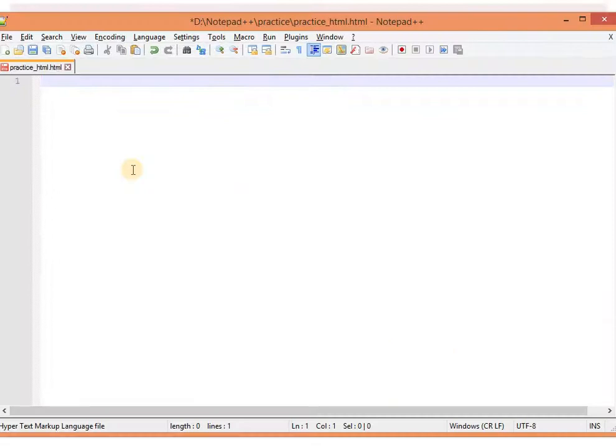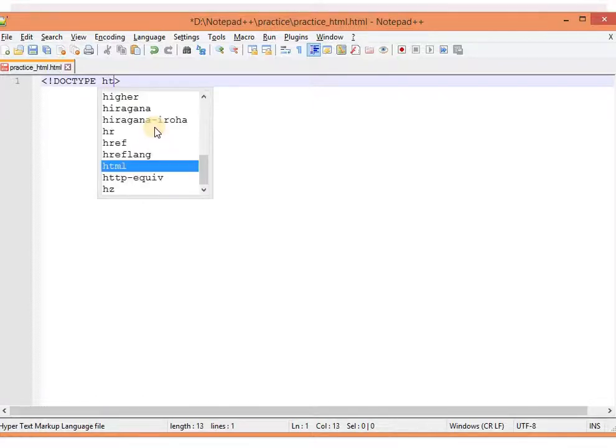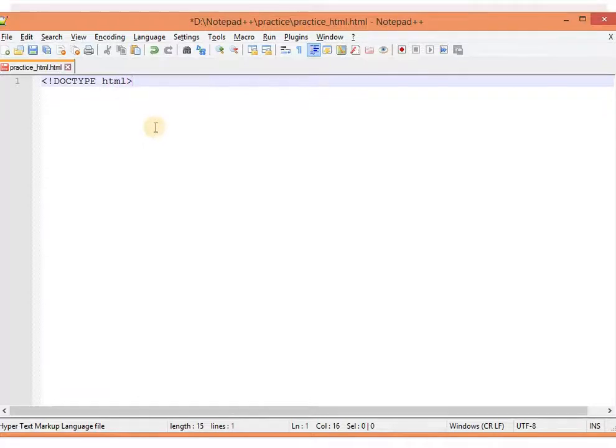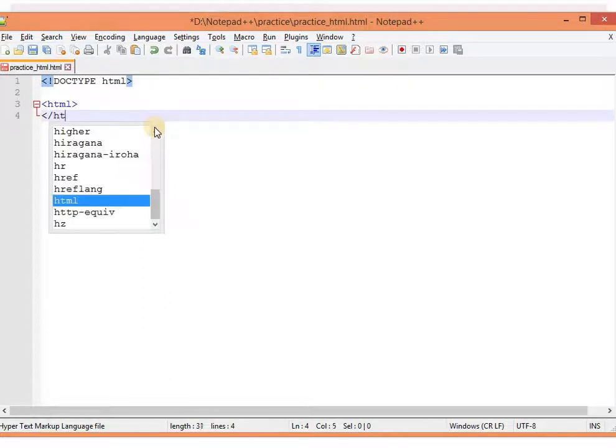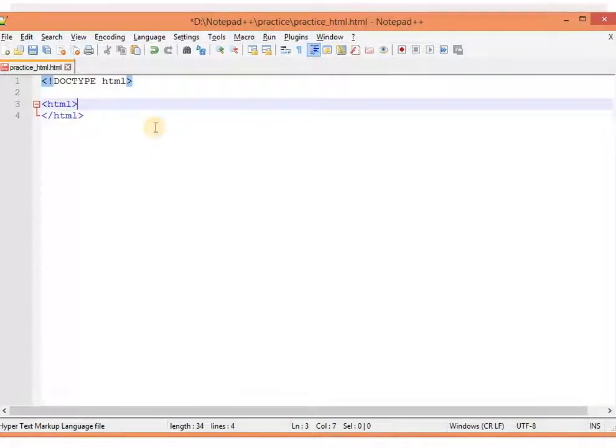Let me show you in the text editor. First of all, just mention doctype HTML. Okay, it just lets your browser know that you are using HTML5. Your root, HTML. Now inside this